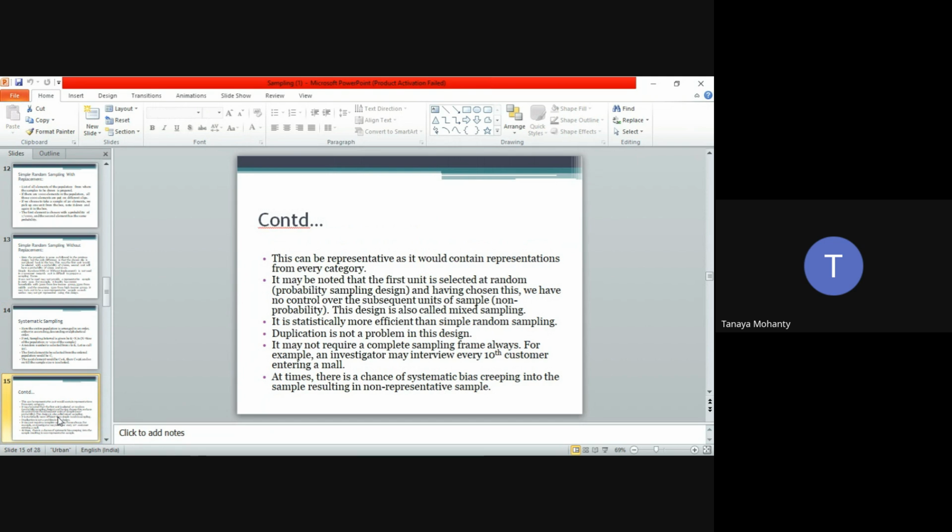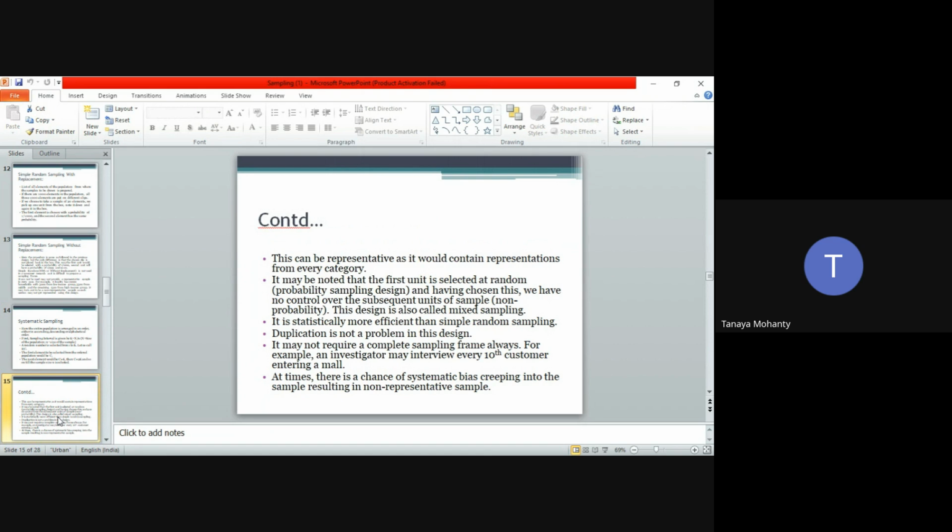As I was giving you this example, I need to know the number of coke lovers in the city of Bhubaneswar. It's definitely not possible, because we don't have any database for that. You need to know the universe before conducting the survey. So I really do not know what should be my sample size, because I don't have any idea on the size of my universe.